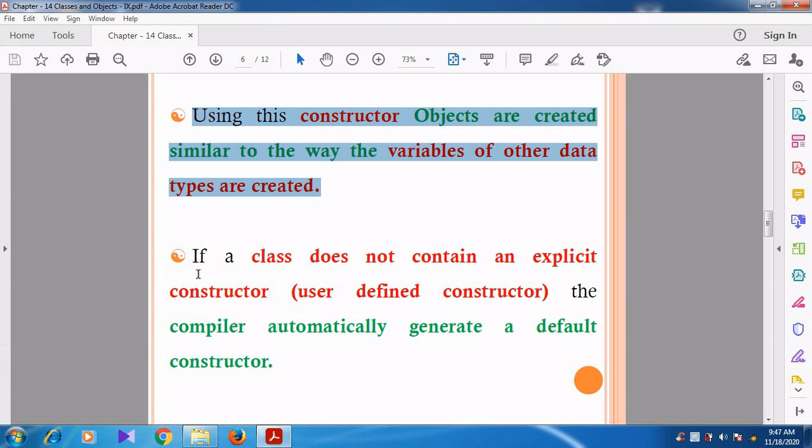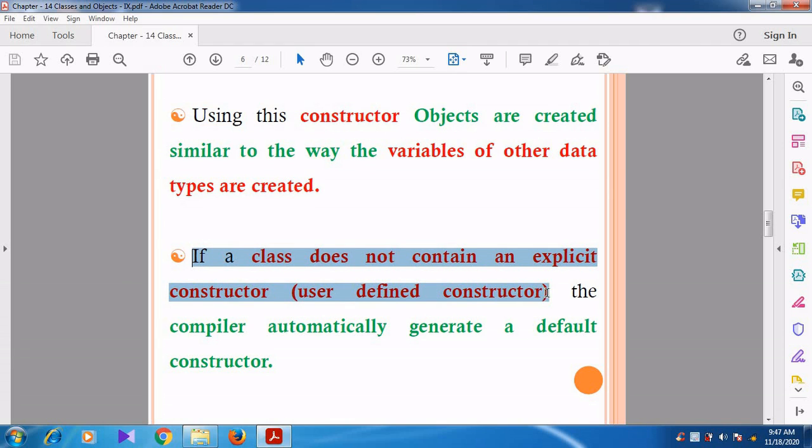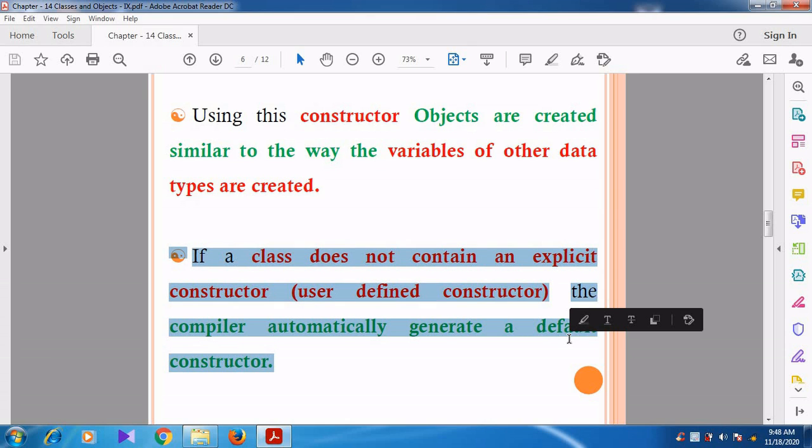Right. If a class does not contain a user-defined, that is explicit, constructor, then the compiler will generate the default constructor automatically. So this is what you want to understand. Consider that we are the programmer.